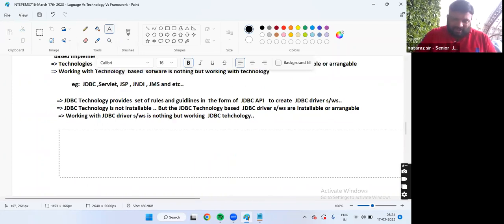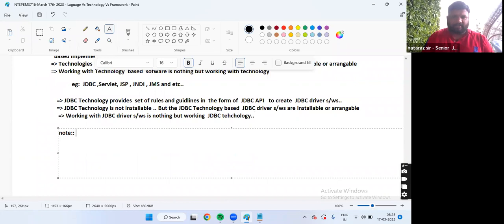Since discussion has come, guys: to use servlet technology, we need to arrange a servlet container, which is servlet technology based software.